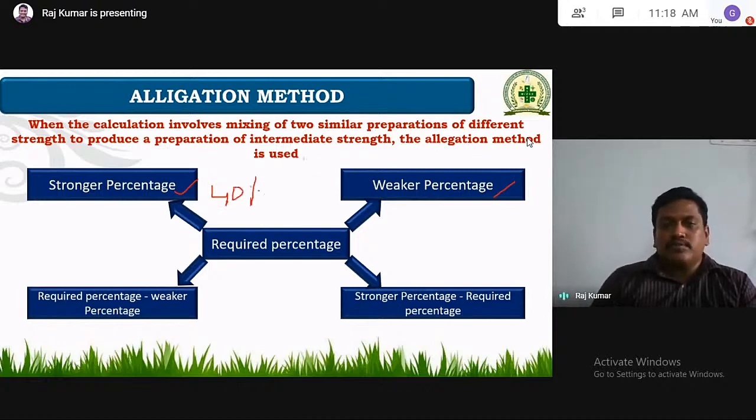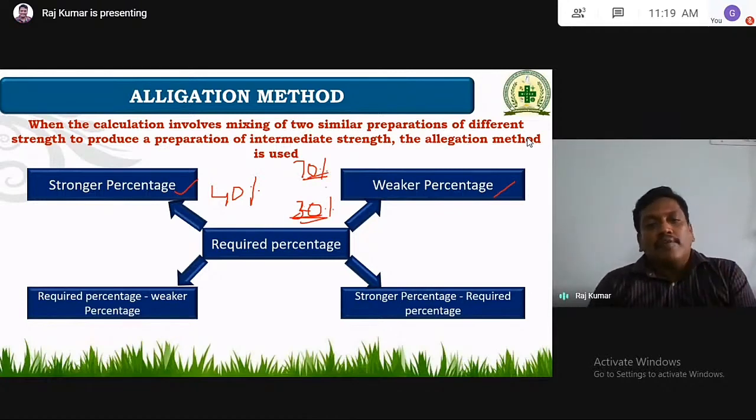If you want to prepare 40% from 70% alcohol and 30% alcohol,